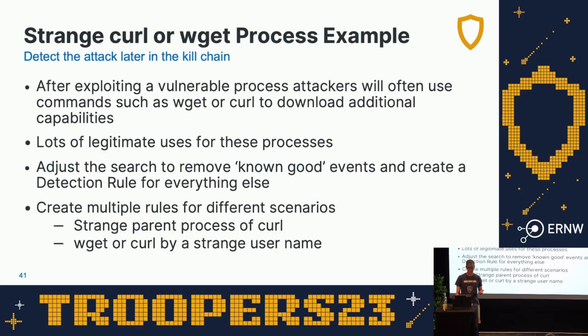Strange curl or wget processes. These are also absolutely key. These are noisy. These are hard to tune because everybody loves to use curl. Everybody loves to use wget. You're going to see it a lot in your environment, but it's absolutely worth the work. Like I said, we saw the attackers, when they were attacking with Log4Shell, would often run curl or wget as a way to get back out and talk to their infrastructure. And so when you see processes executing wget or curl that have never executed it before, fire an alert.